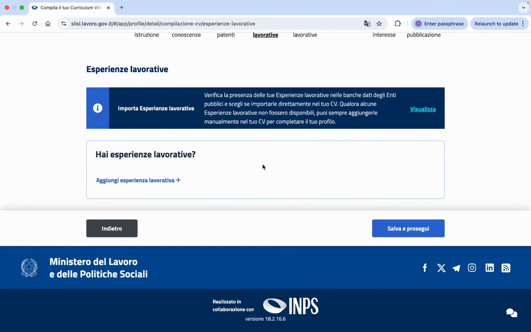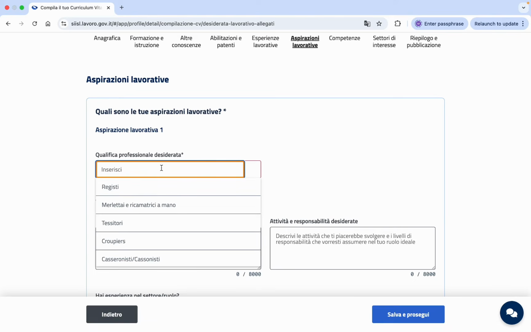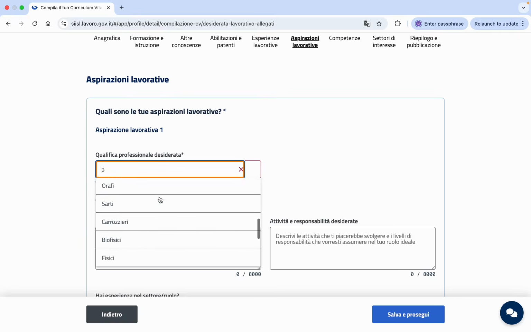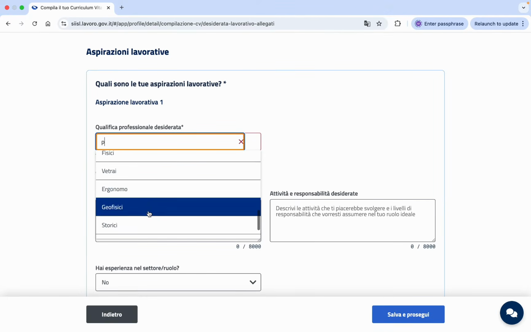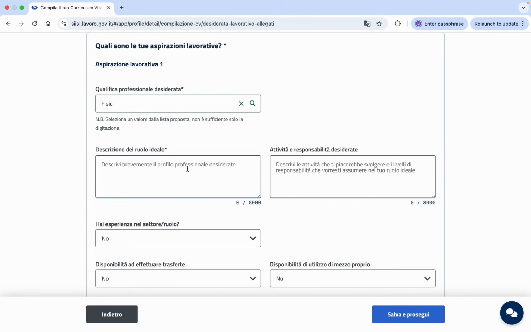So this is about your experience. If you have any experience, you can add it here, otherwise you can move forward. Okay, the next section is about your desired profession, the nature of job that you would like to have. Previously we have written that PhD in physics, so we check if there is any option in the drop down for physics, so we can search. So here is physicist, so you can choose this option, and in the description of role you can write